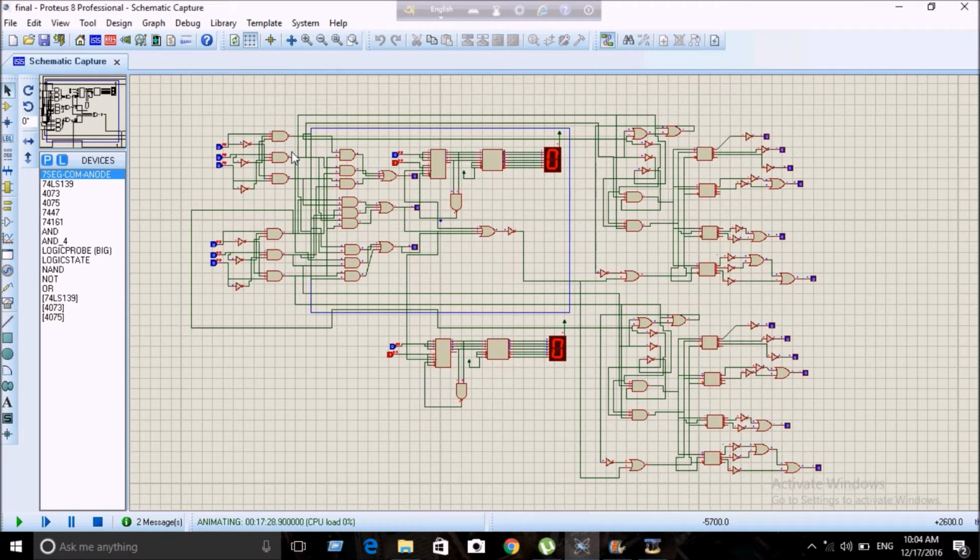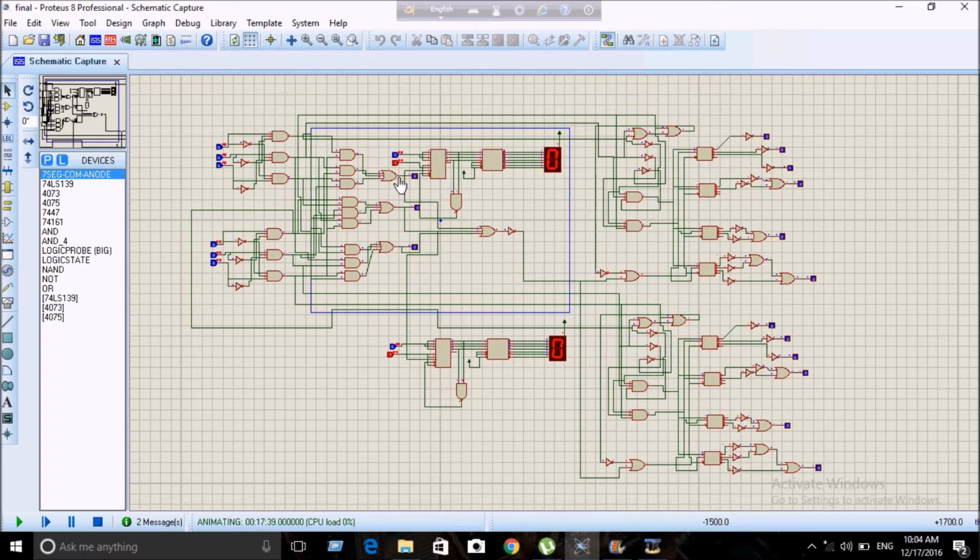We have implemented a logic so that a player can have only one input. If he uses multiple inputs, the input will be rejected. Then after the inputs are selected, the inputs are fed into this part. This is the logic circuit of the result. This detects the winner and the tie result